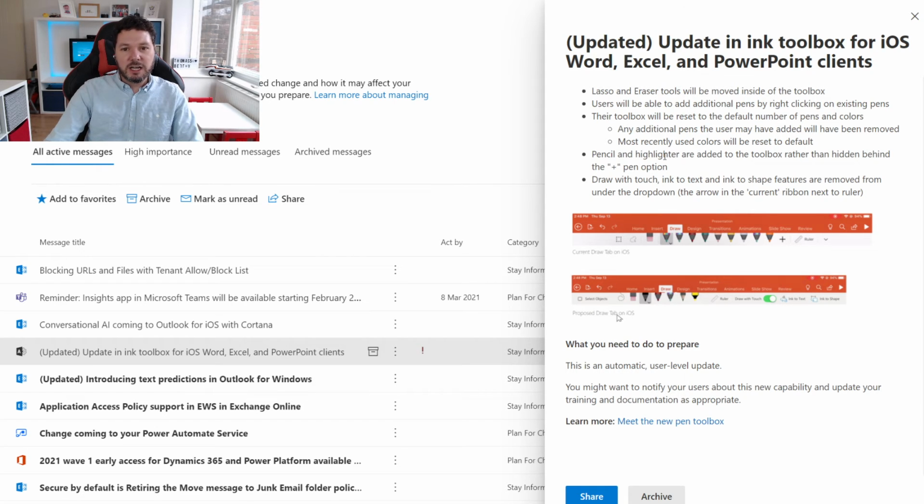The pencil and highlighter are added to the toolbox rather than hidden behind the plus pen icon. And draw with touch, ink and text and ink to shape features are removed from under the drop down, the arrow under the current ribbon next to the ruler. So not a lot to do, just make people aware that some changes are happening, and yeah, that's all for